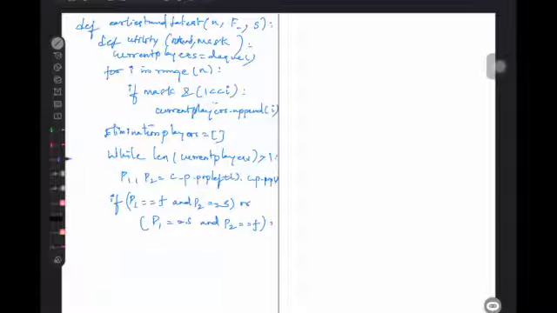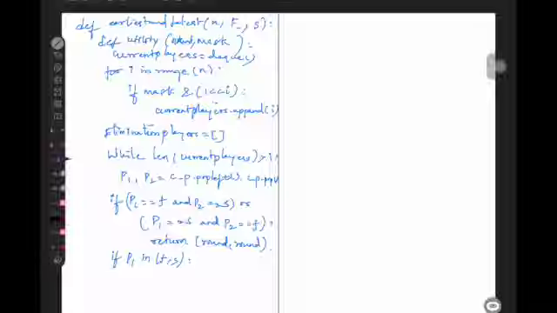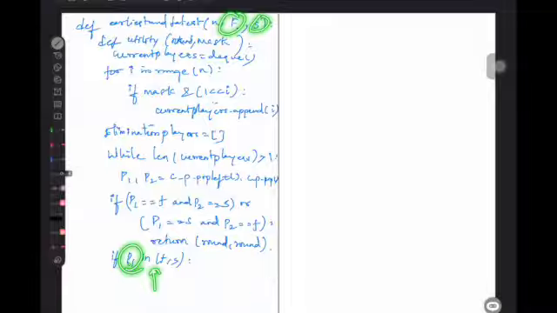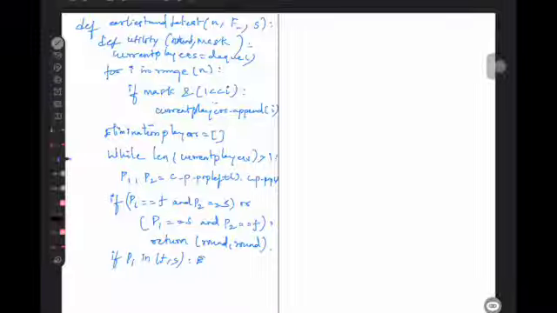There is no need of further traverse. Return round, comma, round. Okay. Then if not, if player 1 is in first player or second player, then what will we do? We have to do the elimination. Player 1 is the first player or second player, correct? Then whom will you eliminate? Player 2 will be getting eliminated, right? So elimination